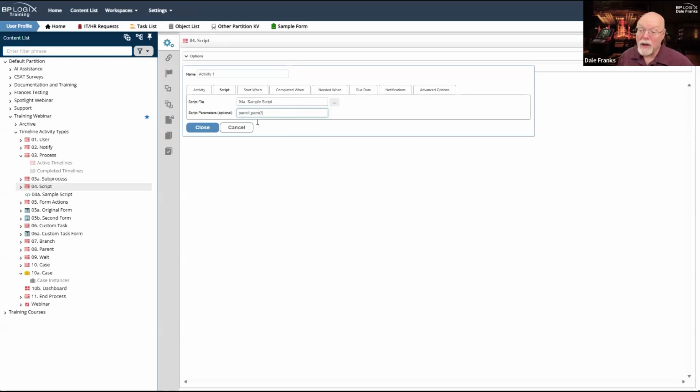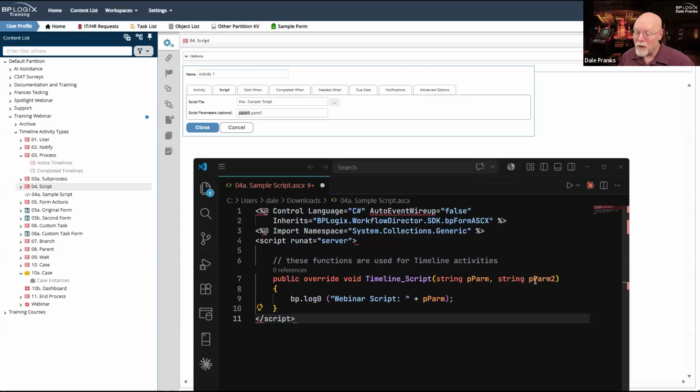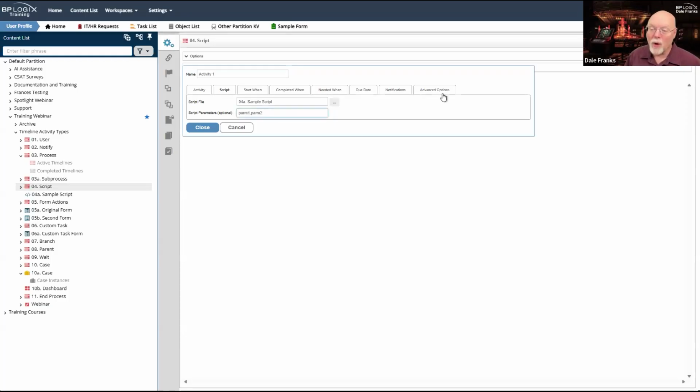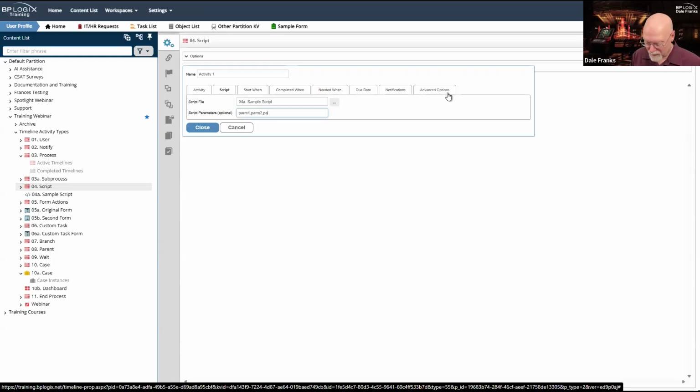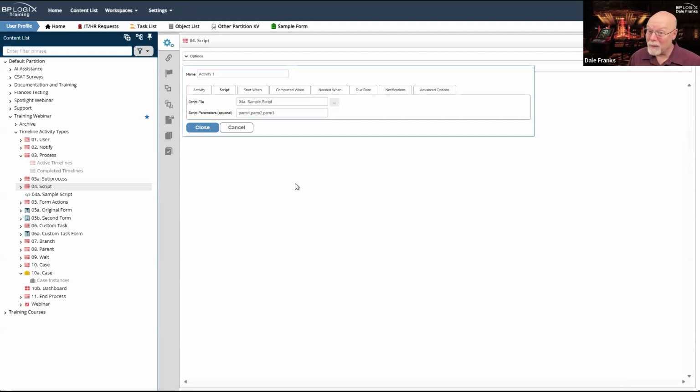I also need to ensure that the number of parameters that I place here, 2 in this case, matches the number of parameters in my script, which in this case, again, is 2. This will work. This is going to be a little problematic.